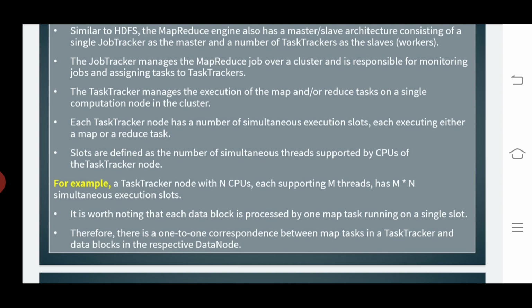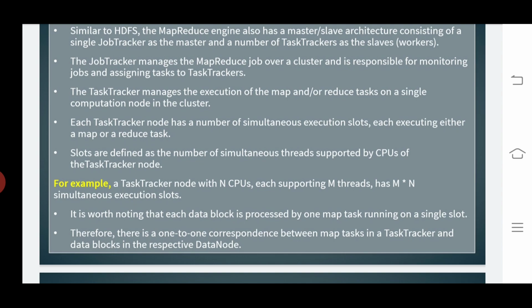It has m times n simultaneous execution slots.